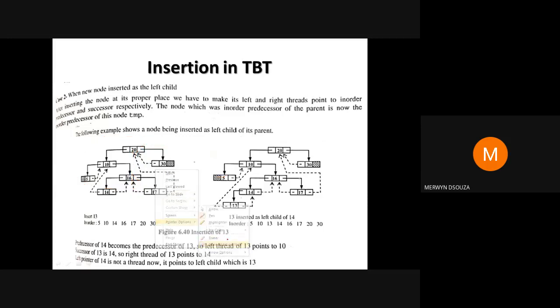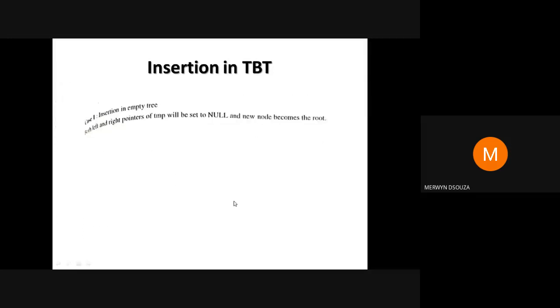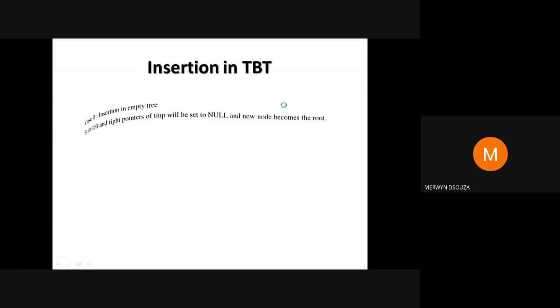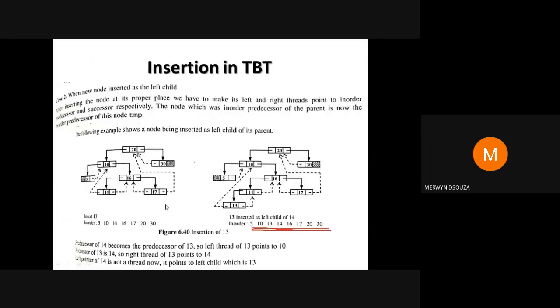Or you can check this traversal, and then how we have discussed in the previous example here, you can do that. Replace the left pointers with in order predecessor, right pointers with in order successor. But no other changes will happen actually, because we are only adding one node here.